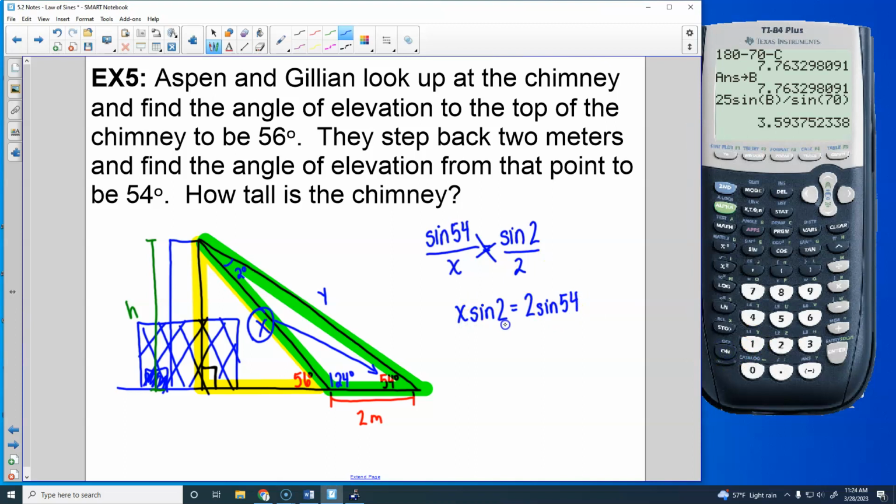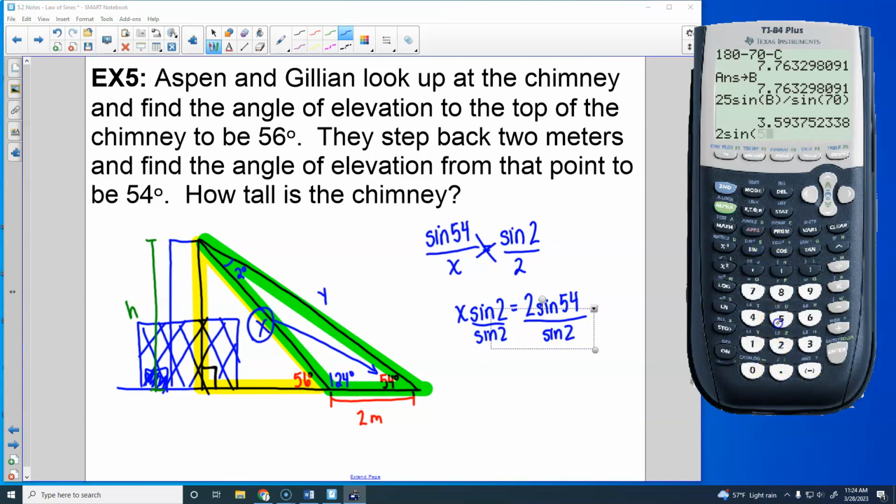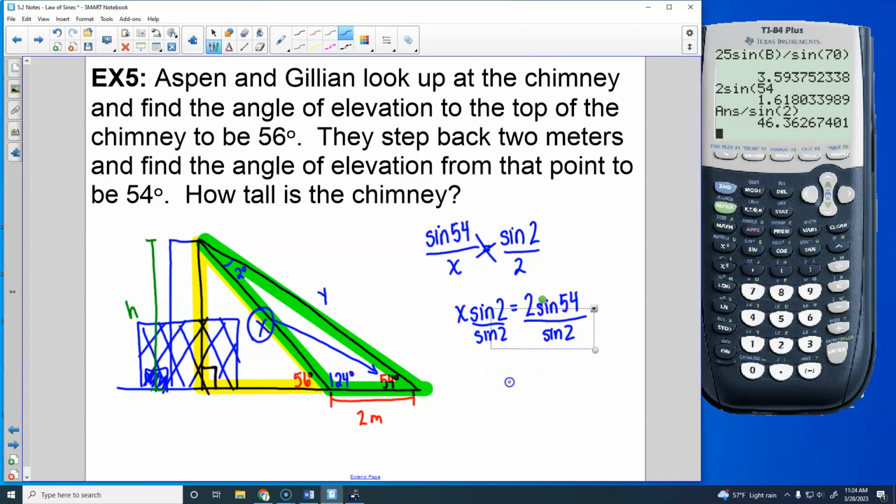And then we'll divide by sine 2. So 2 sine 54 divided by sine 2 will give us X is going to be 46.363